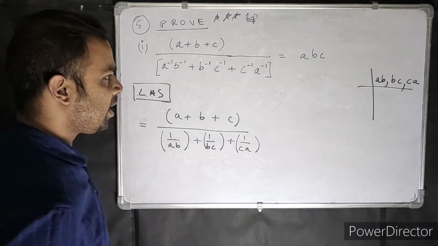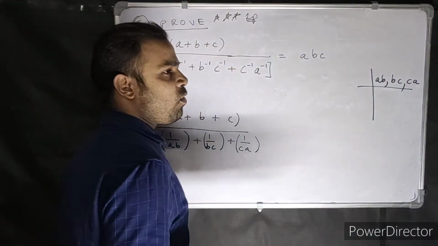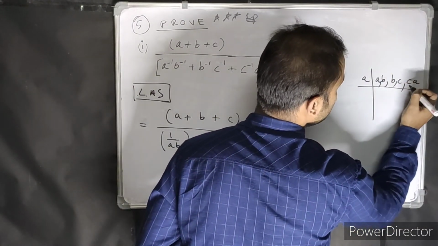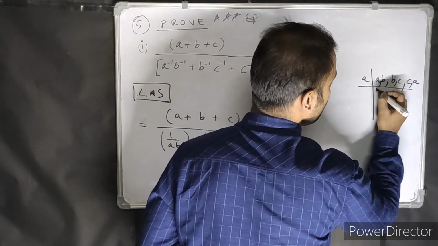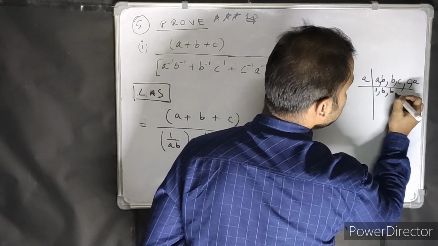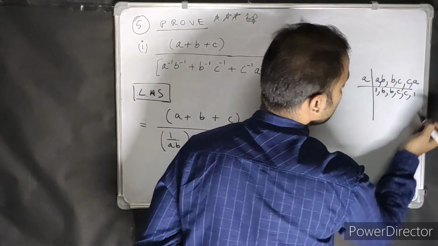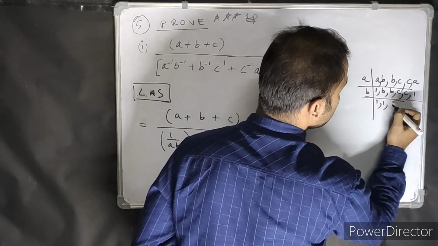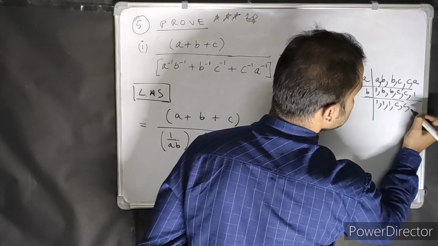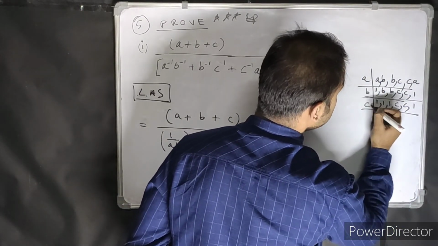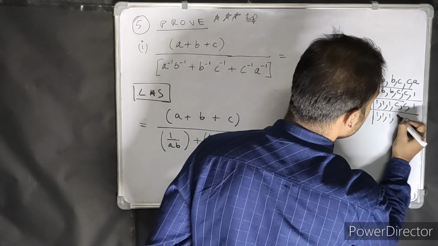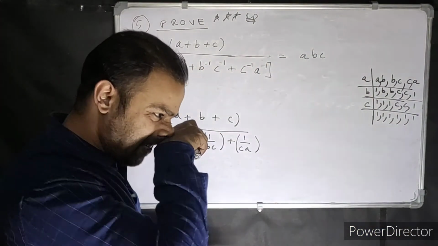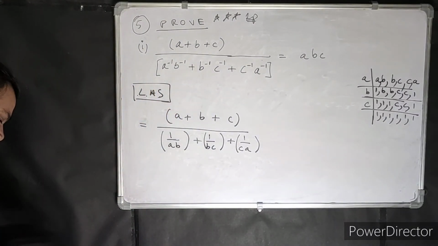Now look very carefully. You basically have a, b, c. Now if you do a, then this becomes, put commas everywhere: a, 1, comma b, comma b, comma c, comma c, comma 1. Right? Now put b: b, 1, comma 1, comma 1, comma c, comma c, comma 1. Now from here, what do you put? c: 1, comma 1, comma 1, comma 1, comma 1, comma 1. So what is your LCM? abc. Understood how to do it?